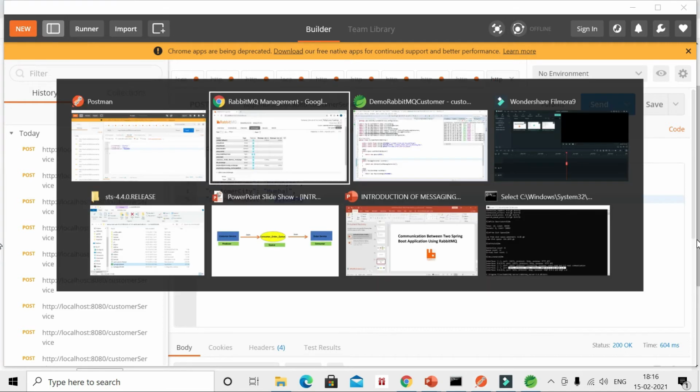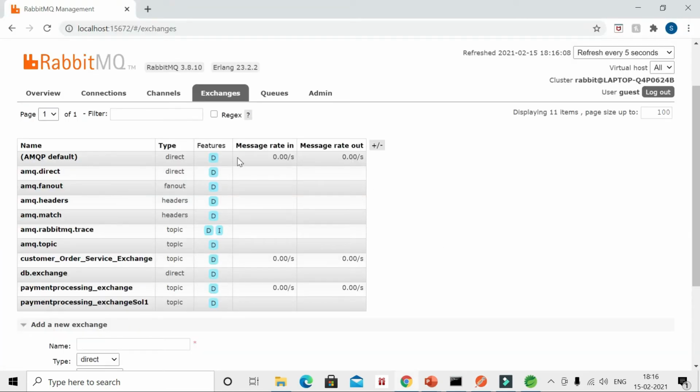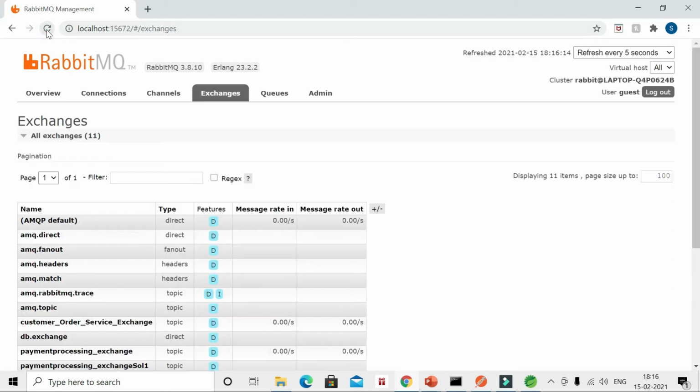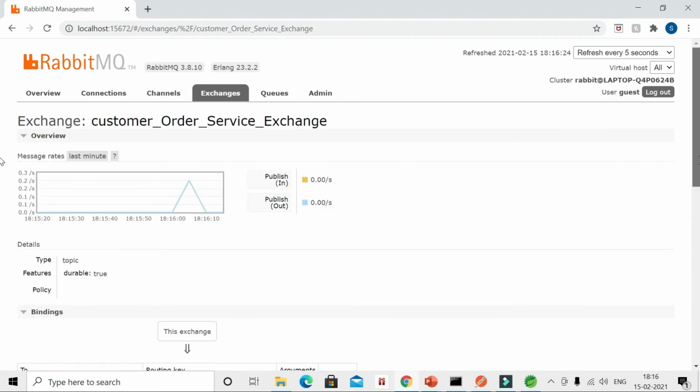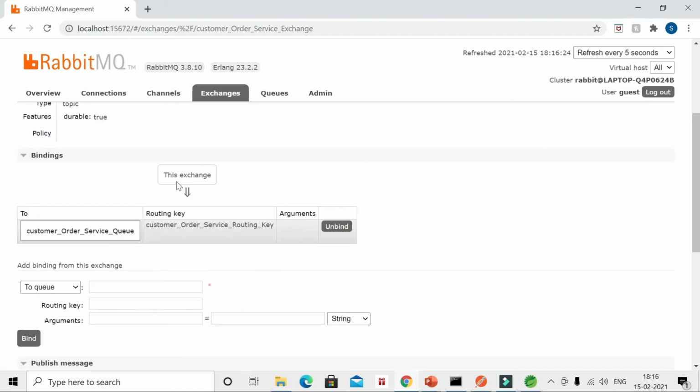Now we'll go to RabbitMQ and refresh it. So here you can see our customer order service exchange is created. If you go here, you can see customer order service exchange is connected to customer order service queue using the routing key, customer order service routing key.